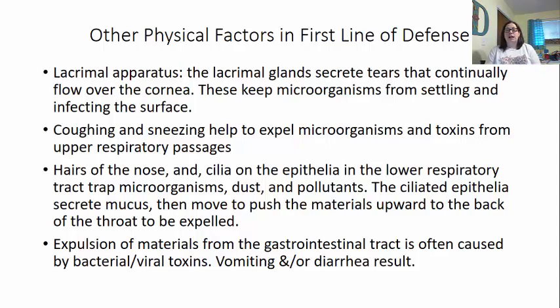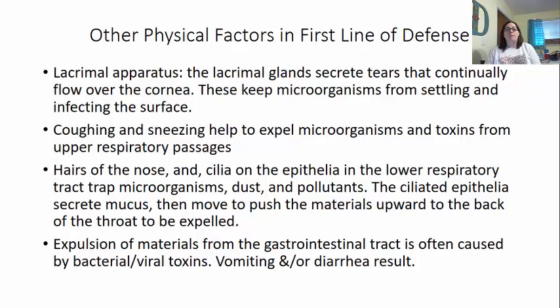Hairs in your nose can actually trap some microbes as well, which then can cause you to sneeze. The cilia and the epithelia in your lower respiratory tract can also move microorganisms up, or dust and pollen, as well as pollutants. The ciliated epithelia can also secrete mucus, which could trap invaders. They can then push the materials upward back to the throat to where you either cough them out or you cough them up enough to then swallow them into your stomach, where then the stomach acid can help get rid